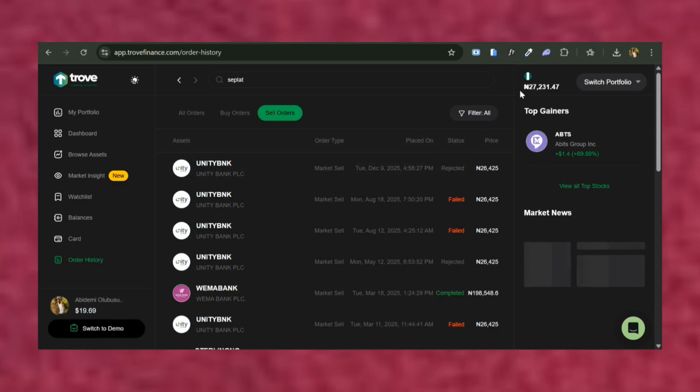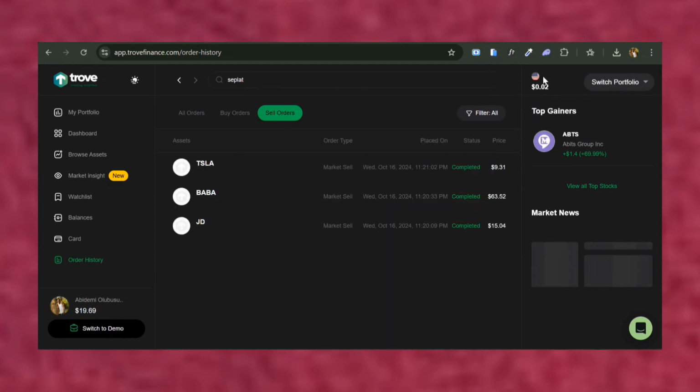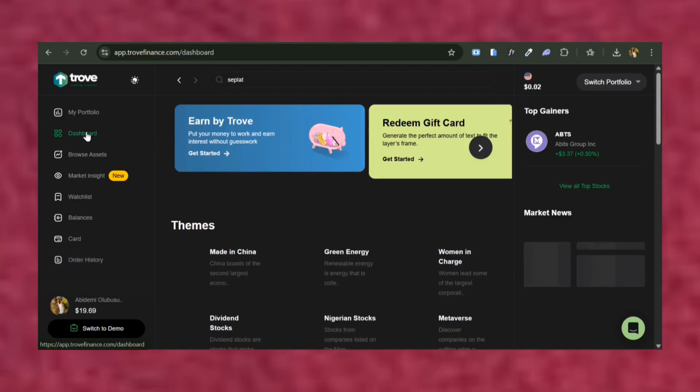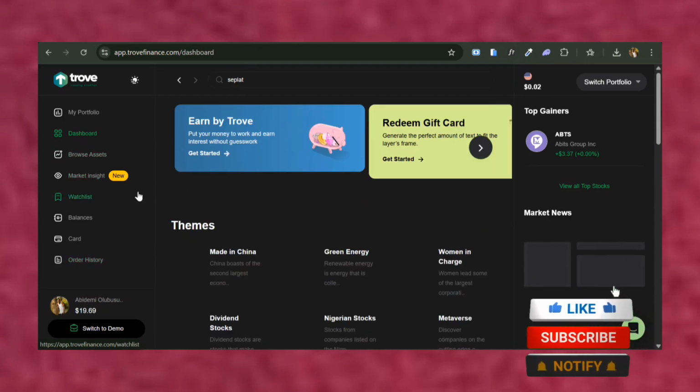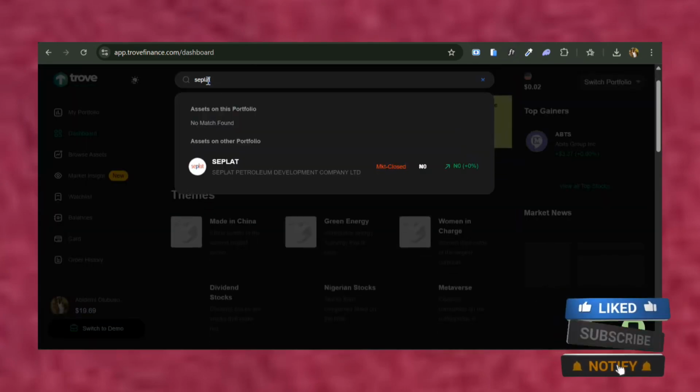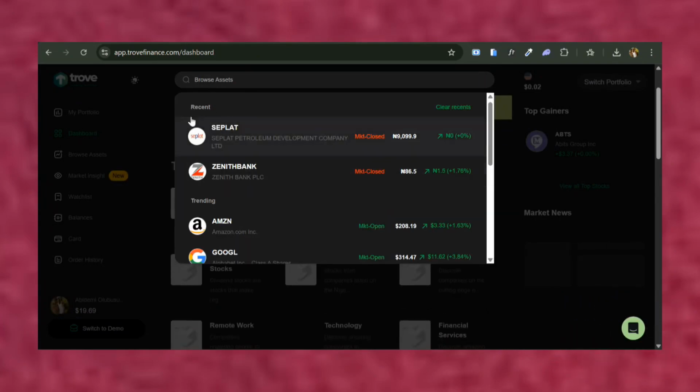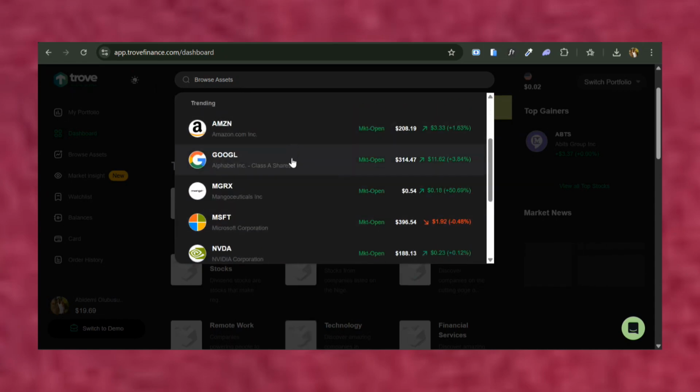So now I'm presently on the NGN portfolio here. So I just have to come over here, then I'll just switch to the US portfolio. Presently, I'm not having any amount in my US portfolio. So this was my holding back then. Okay, so what I just have to do is come over to this dashboard. At this dashboard now, you just have to come over here to search for the foreign stock you want to invest in. We have Amazon, we have Google, we have